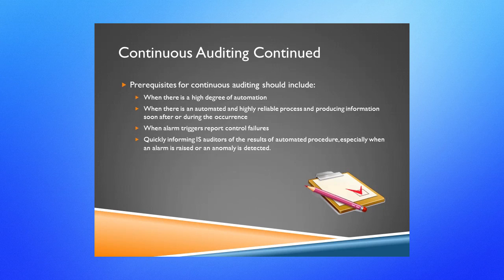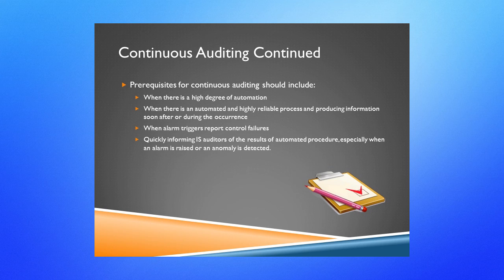Some prerequisites exist for continuous auditing. They should include things like putting it on whenever there's a high degree of automation. In other words, continuous auditing is not something we're going to do on a control that may be very rarely used, or that may have a lot of manual intervention. But if it has a high degree of automation, continuous auditing is good because it allows us, think about it,